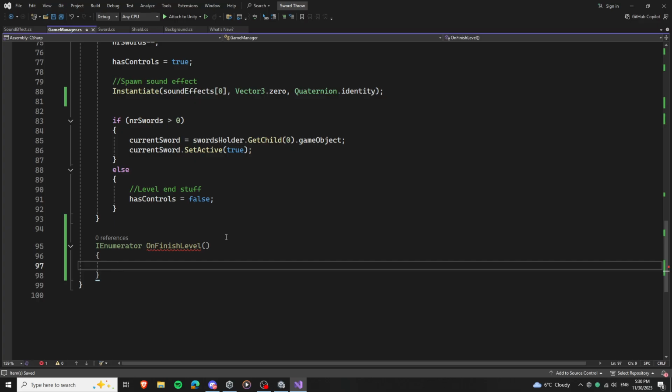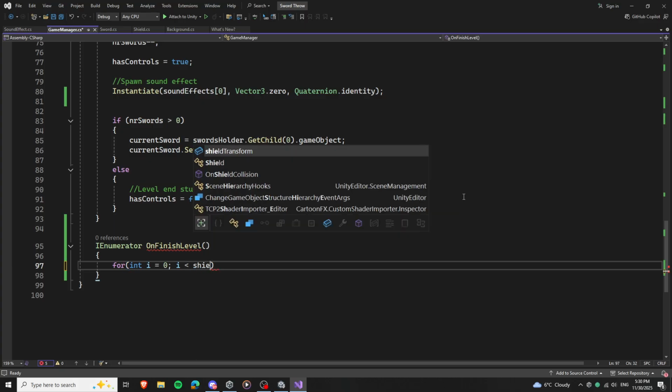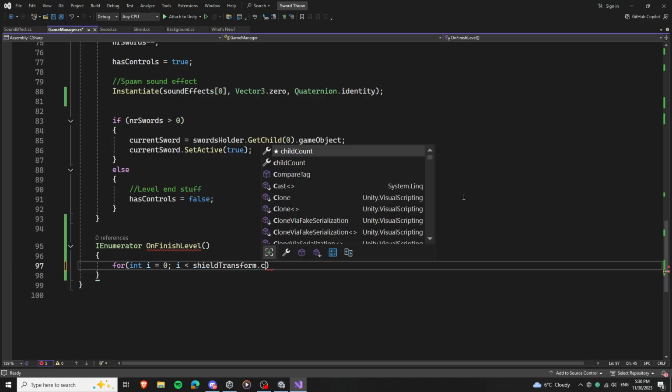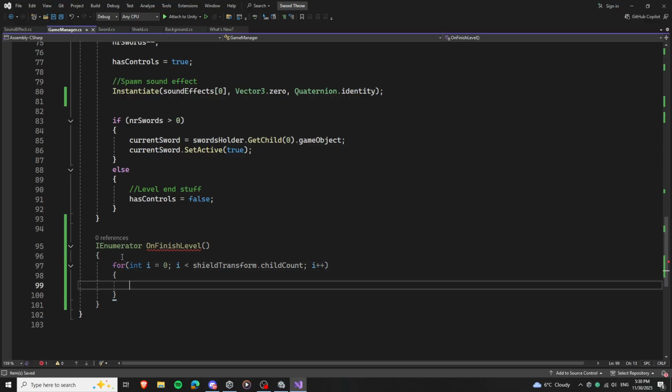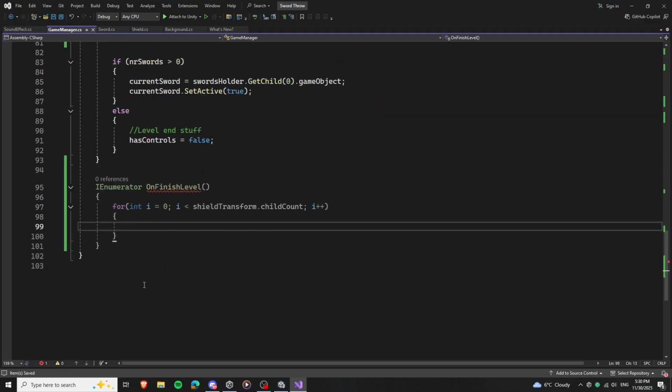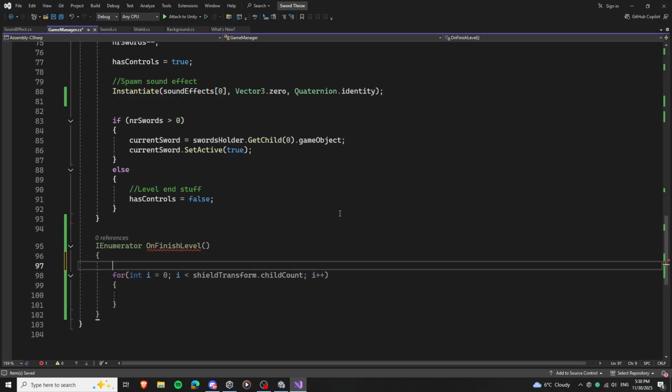So for integer 0 to how many children the shield has, shield transform child count, because all the swords are right now children of the shield. For each one we spawn,